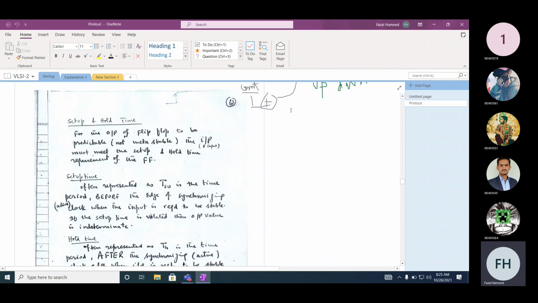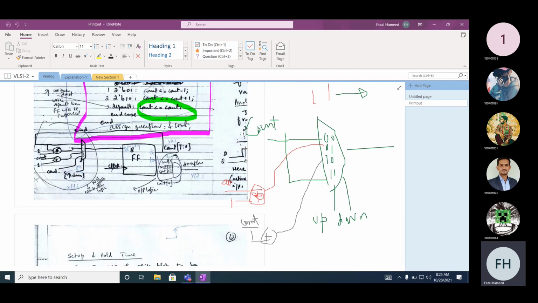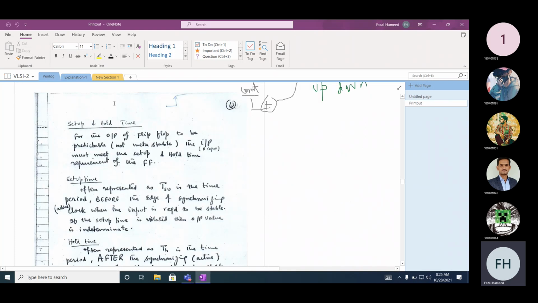So there are some constraints. If you look at the different types of sequential circuits we studied, we studied counters. If you look at a counter at a very high-level block diagram, on the left-hand side, when we designed some counters, there were 8 flip-flops. The output of these flip-flops was fed back and input to the multiplexer via combinational circuits. So can we have a very high-level description of a sequential circuit?